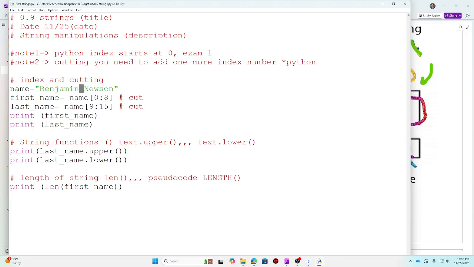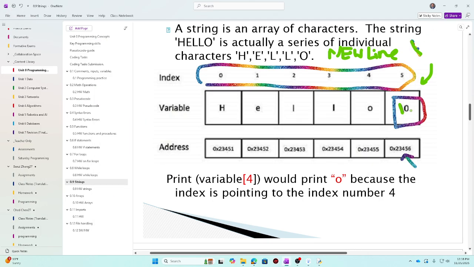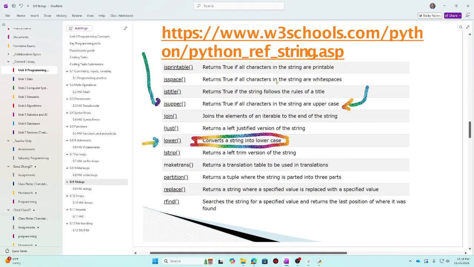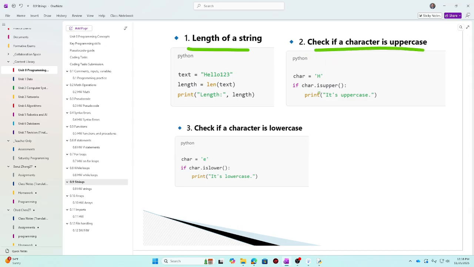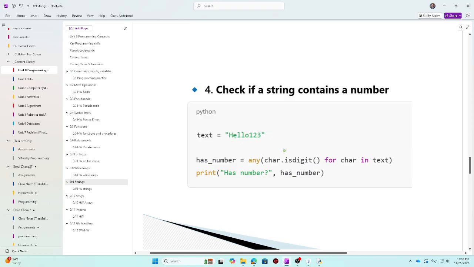Okay. And so you can actually find out where there is no data, and then you could cut at that location. Okay. So space requires data. \n requires data. Okay. Functions are good. So we know how to do length. We can also check if a character is upper using the is upper function, it will return true or false. And then